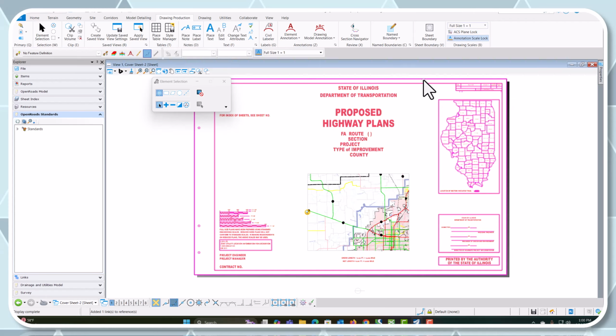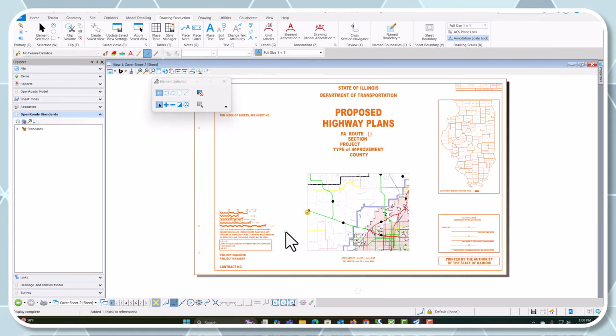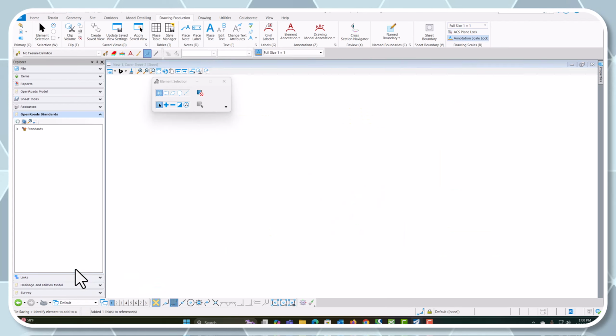All this stuff you can fill out with a sheet index. We can cover that another time. But there's how you create your cover sheet. Now, if you need a detailed map for a cover sheet, go back